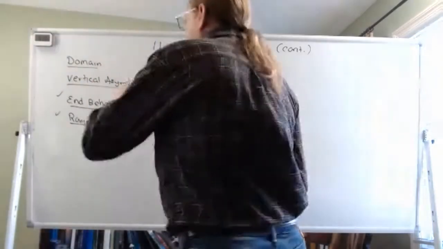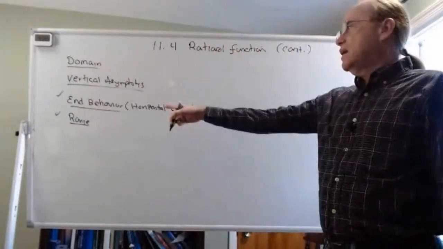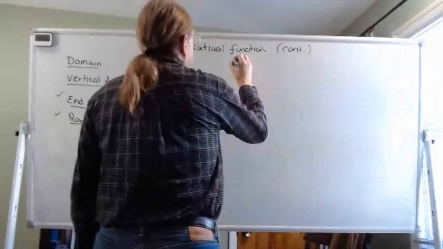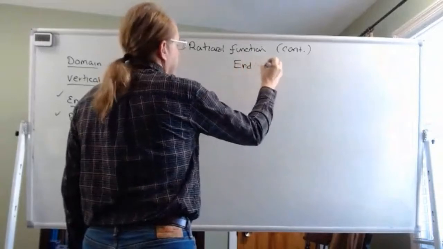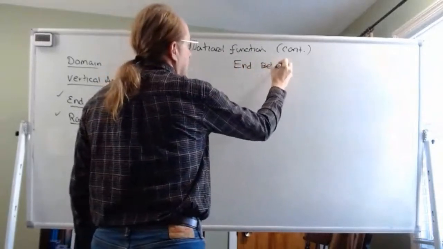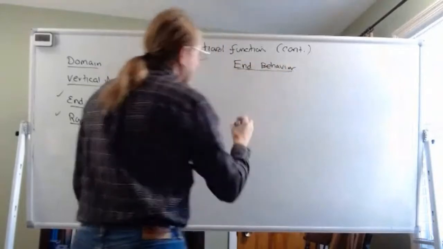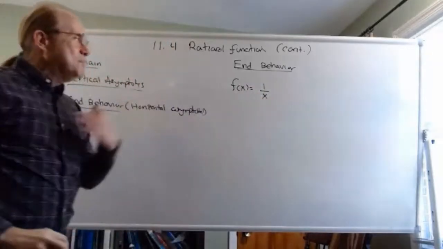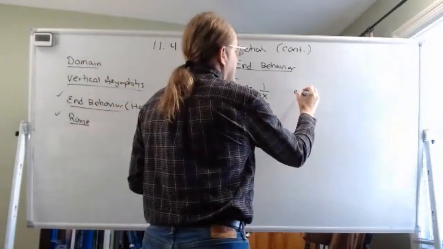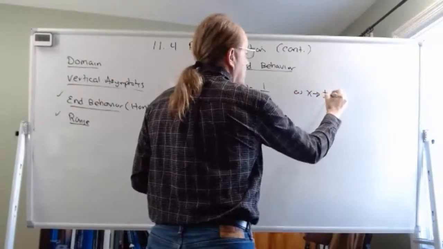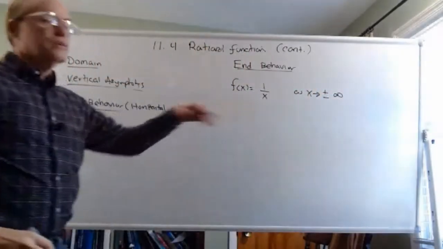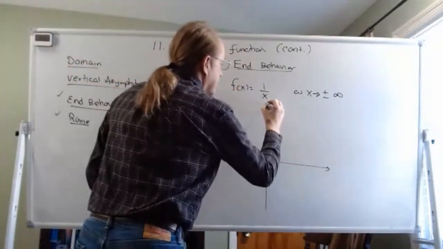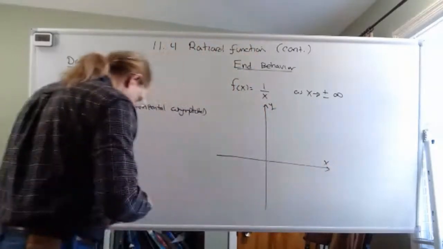So let's start by looking at the end behavior of our rational functions. Let's start with a simple rational function, the same one we looked at earlier. So we'll start with f of x equal to 1 over x. Now the end behavior looks at what happens as x goes to either plus or minus infinity. Well, let's just throw the graph up here so we can get a picture of what we're dealing with. You can use your calculator. I'm just going to use my head calculator and draw the graph of that,